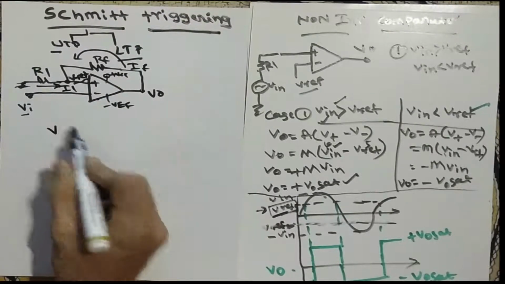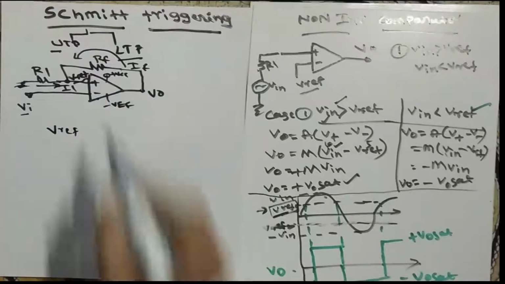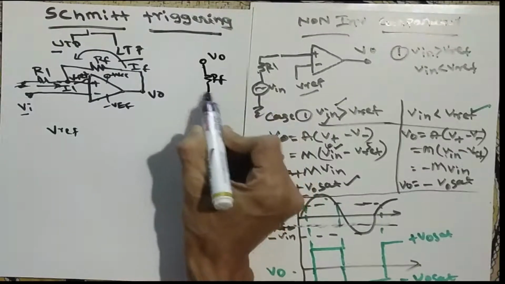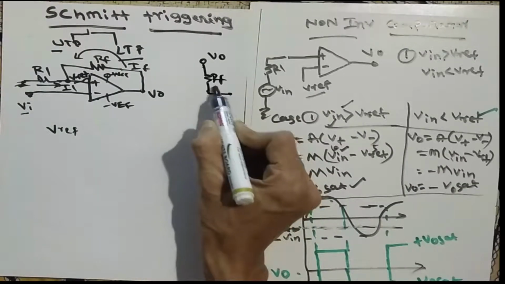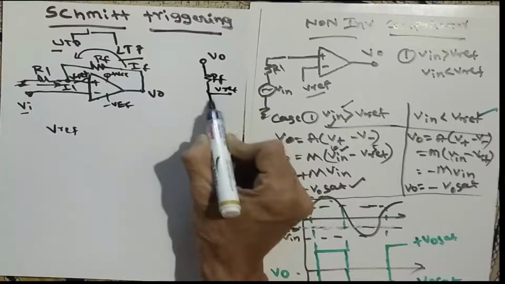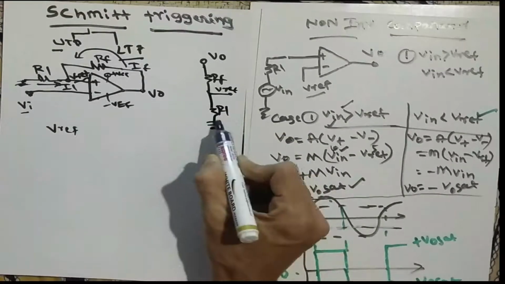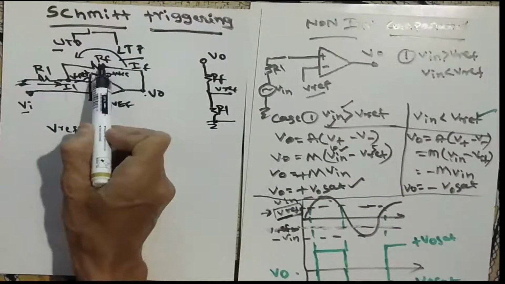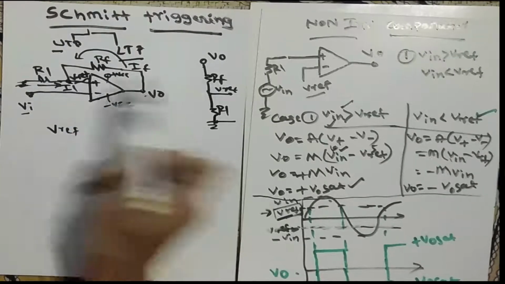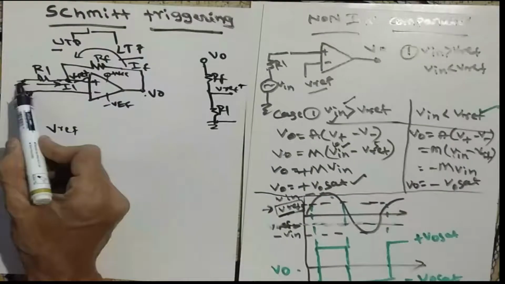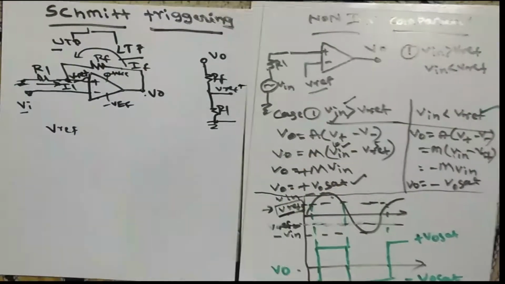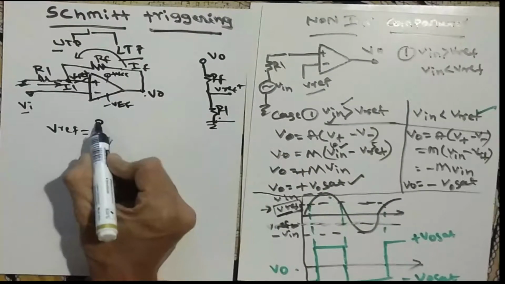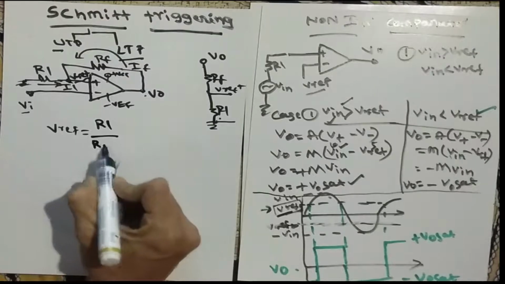We can easily say that V reference looks like a voltage divider bias. First we have V0, then RF, and then one point, which we take as V reference. Then another point connects R1 to ground. So V0, then RF is connected, then one junction, which is V reference going to the positive of your op amp, and then grounded. We know the divider rule, so apply that. V reference we take with respect to R1: R1 resistance divided by the total resistance R1 plus RF.